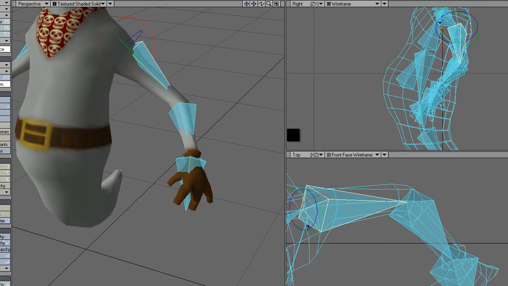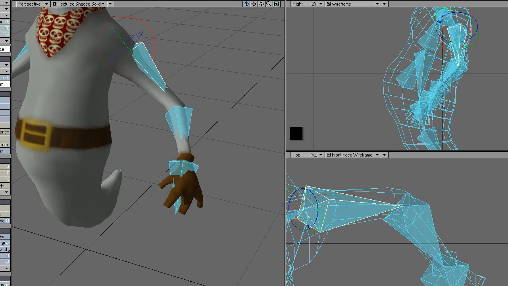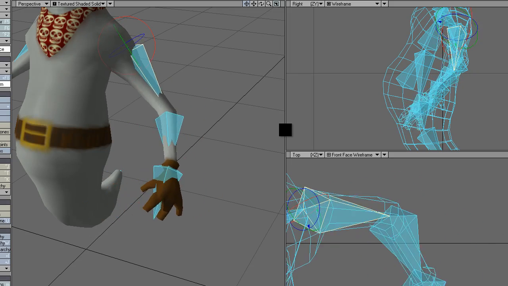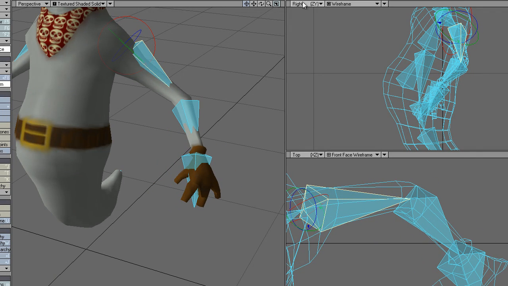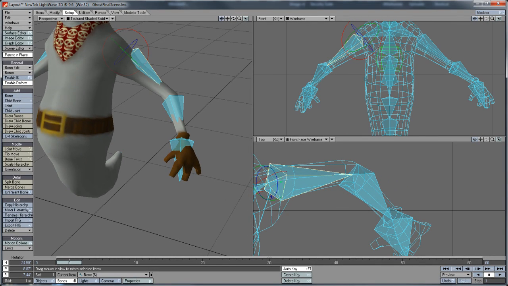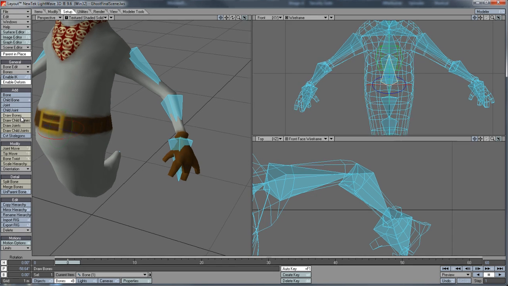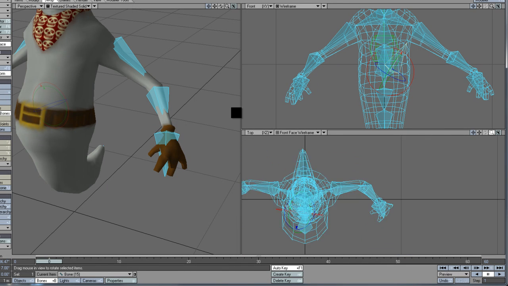I noticed when I rotate the shoulder up here that the side of his body's caving in just a little bit. So I'm going to go ahead and add a hold bone to that. And here you can see the mouse problem again. So no worry, by the next video I'll have a new mouse. And hopefully that'll take care of it.